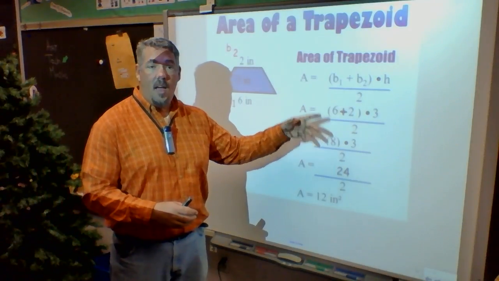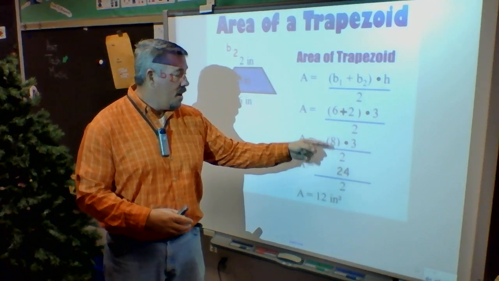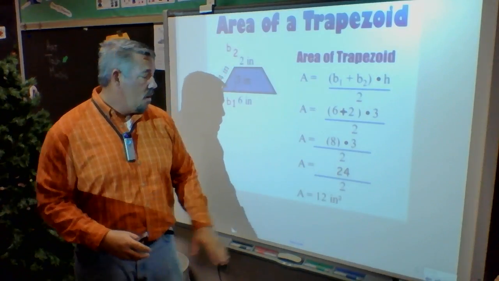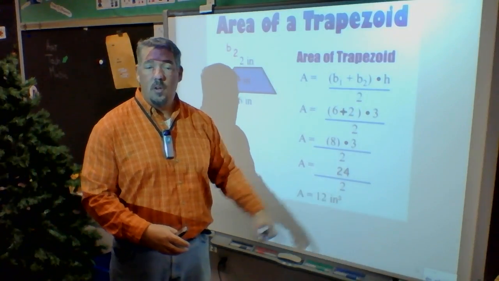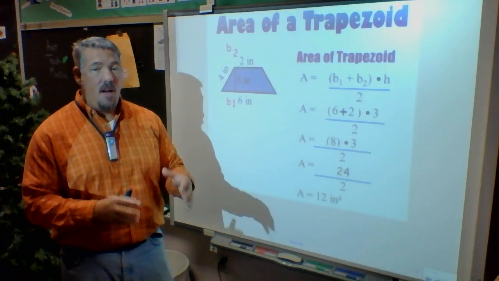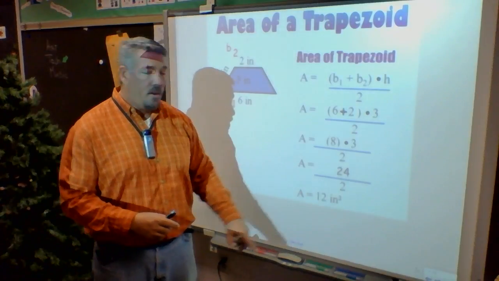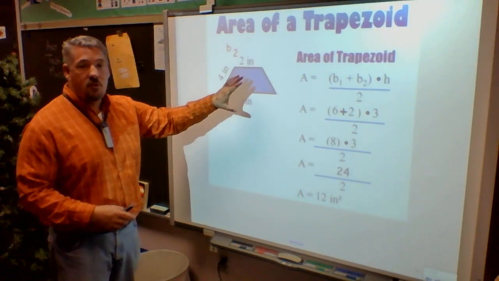Inside parentheses, I have 6 plus 2, which is 8. 8 times 3 is 24. My last step is I have to divide by 2. It is a trapezoid, which means I have to divide by 2. It's not 2 shapes that I'm putting together. And that would give me that the area of this trapezoid